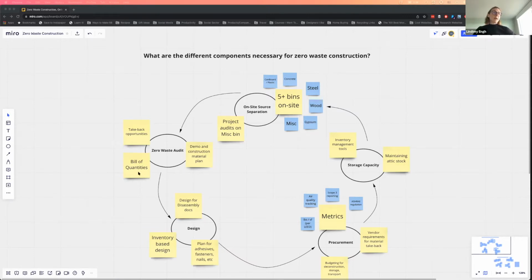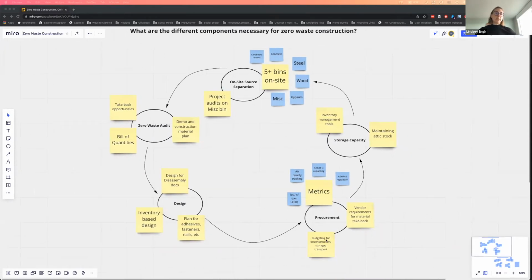So a zero waste audit consists of making sure that there's a bill of quantities. This is done at the beginning of either demolition or construction, and done pretty far before demo or construction even begin. Having a zero waste audit directly informs making sure that there's a budget available for